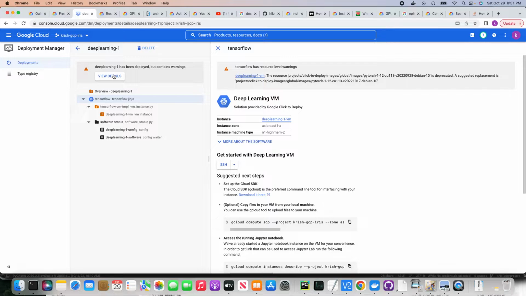That's the code, and let's go back and see whether the image has been created. Yeah, it has been deployed. It has warnings, those are deprecation warnings. That's okay. Let's go and see